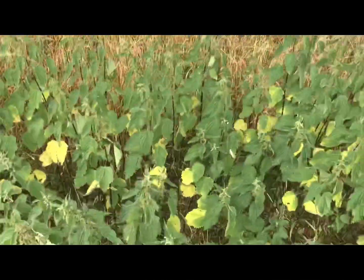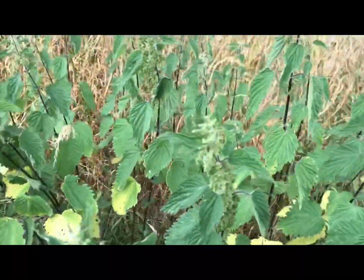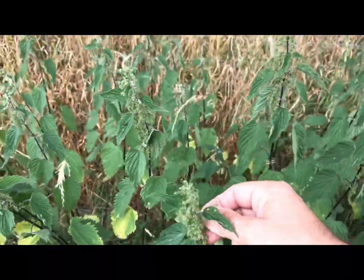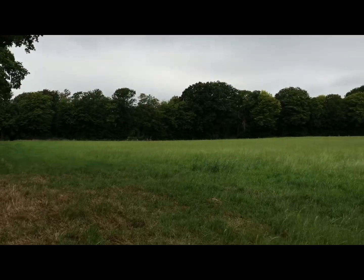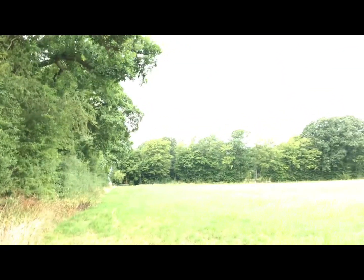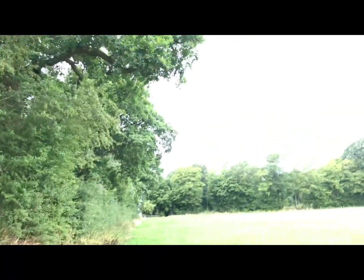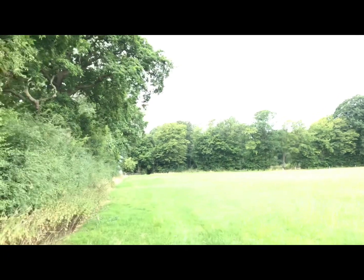Some nettles. We covered them last time. Just in seed now as well. These little bunches of nettle seeds, I've got a few of these I picked on the way. And hopefully, if the spot turns out to be well, I'm going to make some bread because I brought some flour with me in a bag and some water and stuff. Because when I find a new spot, I always test it out as if I can put a tarp up and I can get a fire going and cook something basic,